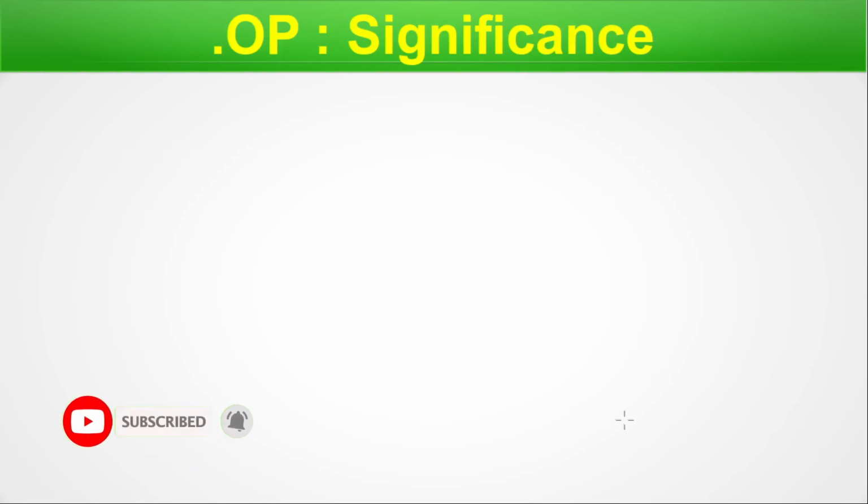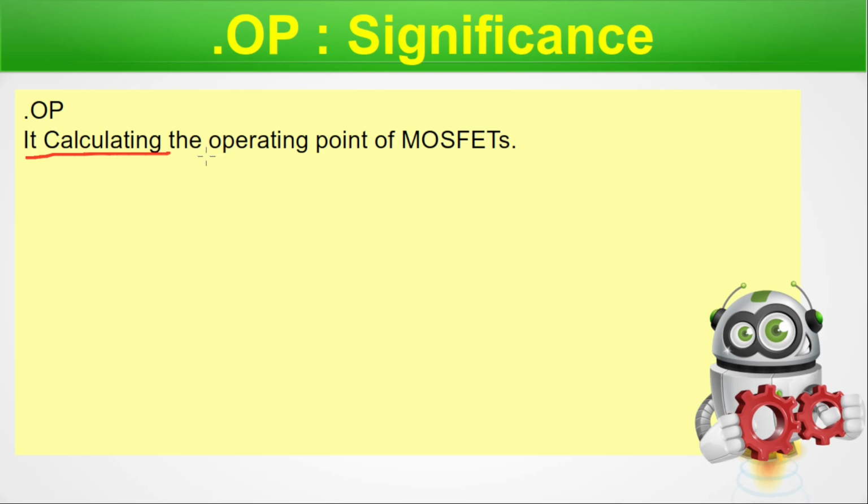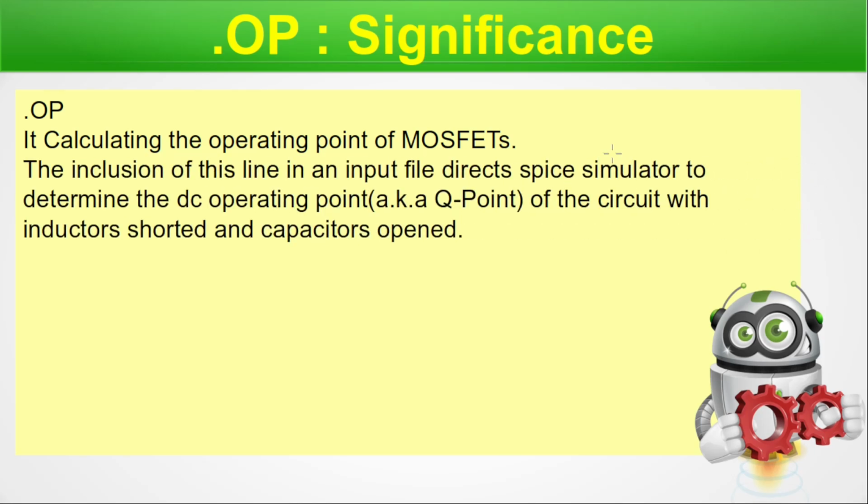.op significance. Here we will talk about the significance of the .op. So here goes our .op and it is written as .op only. It calculates the operating point of MOSFETs. Generally, we have a CMOS structure and we know that MOSFETs have some operating points and those are calculated by .op. The inclusion of this line in an input SPICE file directs the SPICE simulator to determine the DC operating